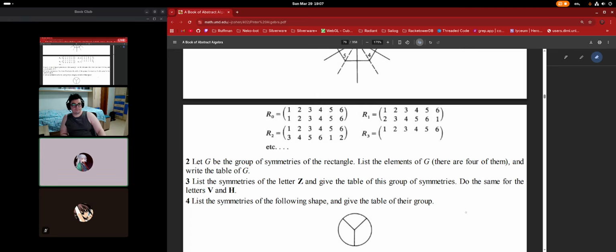Yeah, that's basically it. Oh wait, but there will be 4 elements. So which elements are those? We have 180, 360. We are missing 2 of them, right? Those are the two reflections, the vertical reflection and the horizontal reflection. So you're talking about flipping it like this, and you are also talking about flipping one of the corners. Yeah, and the diagonals, there are no diagonal reflections because the sides are not the same length